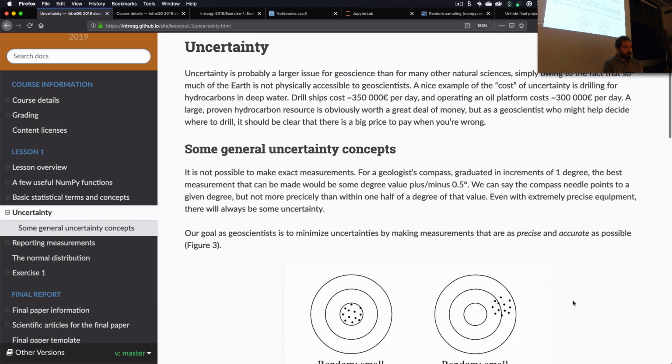Now if we take this, we can also talk a little bit about uncertainty, and uncertainty is something that I like to use the example out of the oil and gas industry for, to show why uncertainty is important. So if you are to go out in deep water and drill on one of these drilling platforms, where you're like 3 kilometers above the ocean floor, the cost for drilling is about 350,000 euros per day,